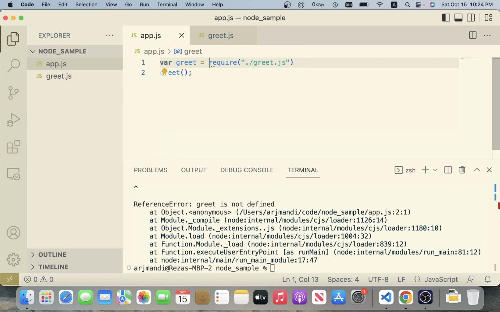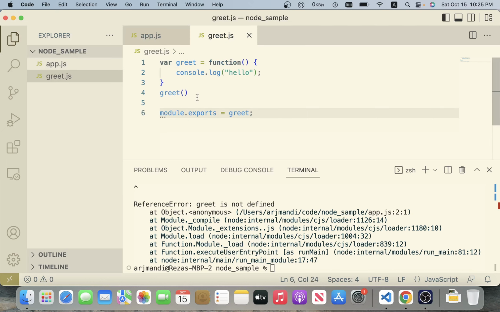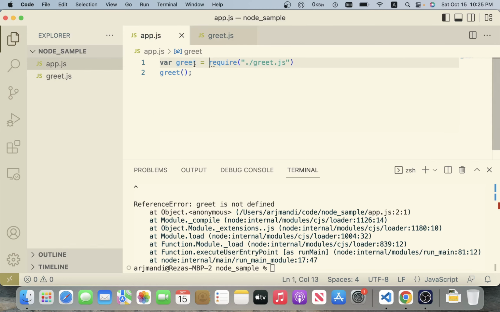So Node.js says, oh, you want the greet file? It runs it and then gives me back whatever I've attached to this special phrase, module.exports. I've attached the greet function, so that will get set there. Remember, functions are first class, so I can set them equal to a variable and then invoke the function using that variable name. So if I run this,